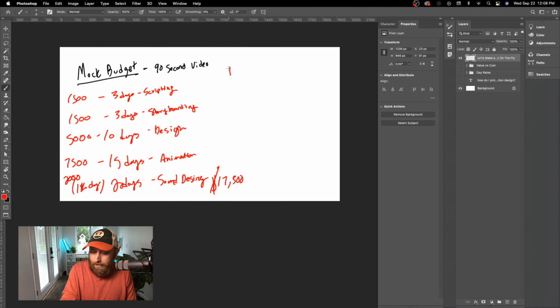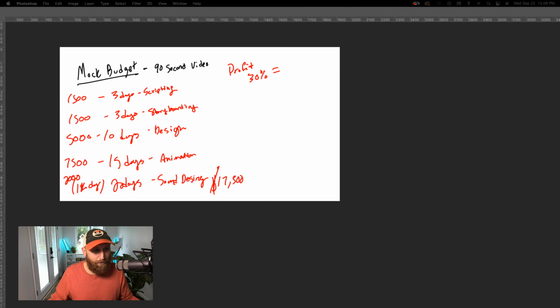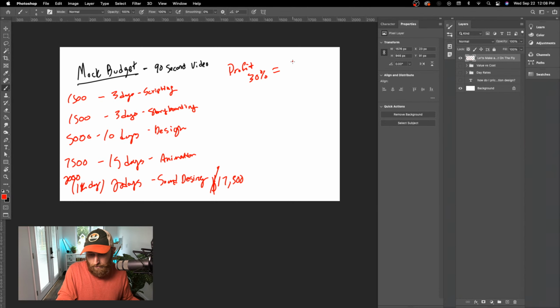So let's say we are targeting a profit margin of 30%, which is not extremely high, but also not extremely low. And so to add this line item for profit, we need to come back to our labor costs and calculate what a third of that is. So we need to go to that 17,500 and actually just multiply it by 0.3 to add this number here, 5,250.